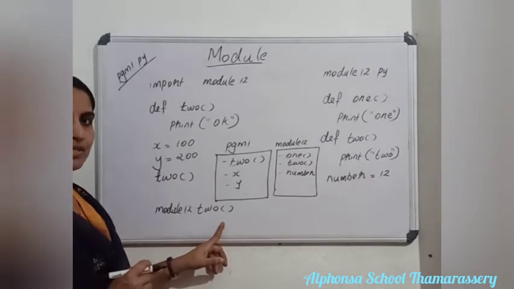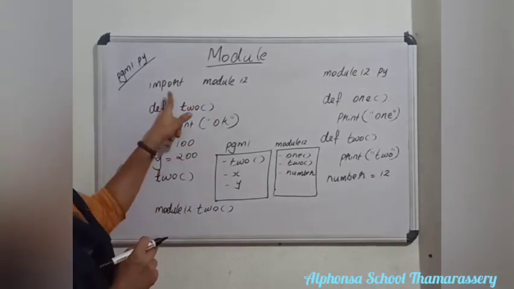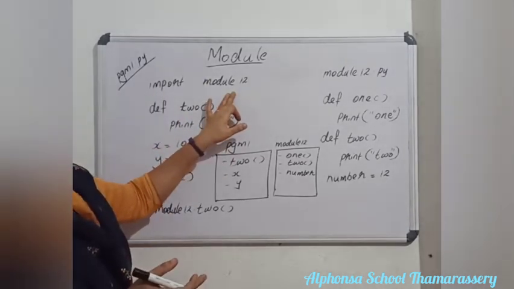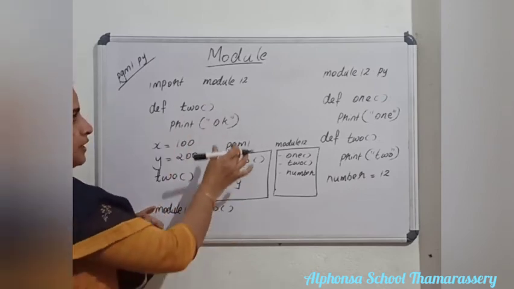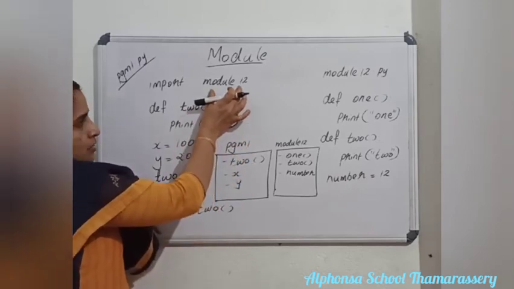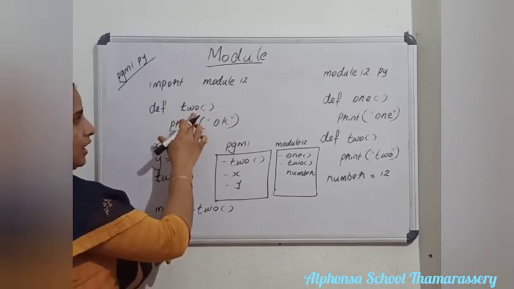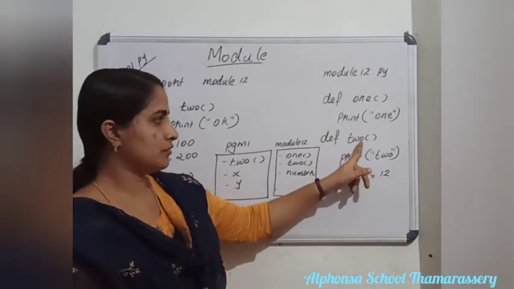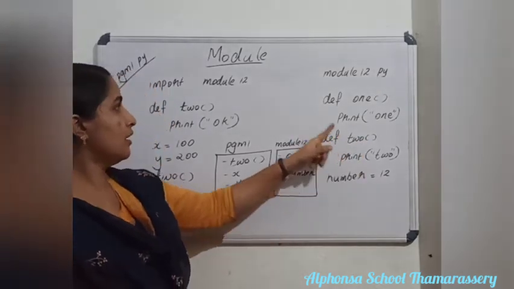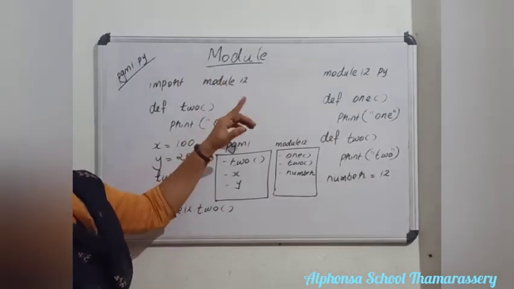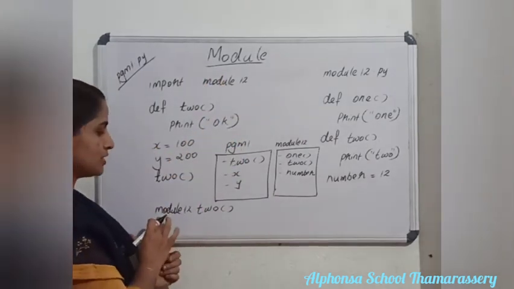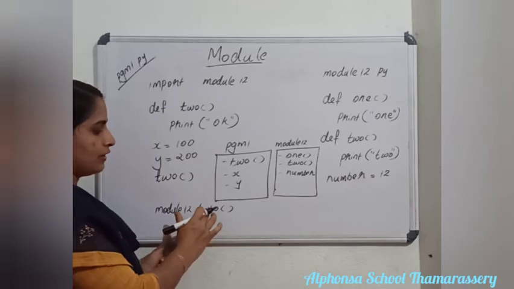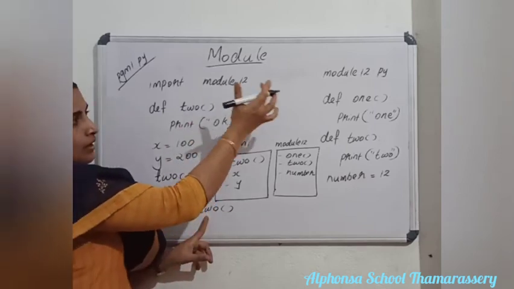Clear why? Because when I am importing using the first method, import the entire module, import module name, it creates a new namespace for the module. In this case there is actually a name clash: one function two as part of the present program, and another function with the same name two in the imported module. But there is no clash at all. It works automatically, because when I use module12 before the function name, it calls the function which is given inside the module.